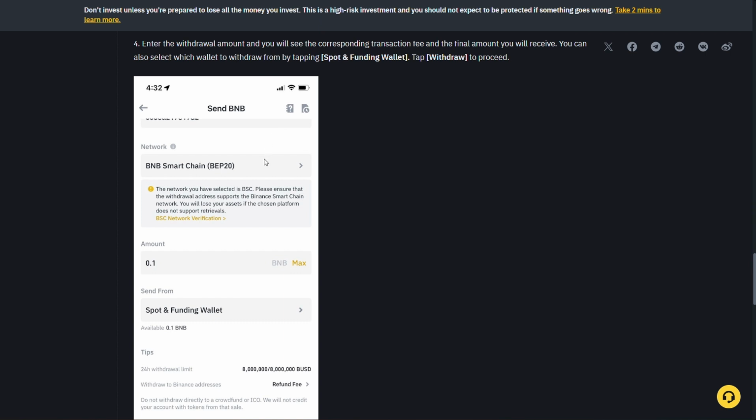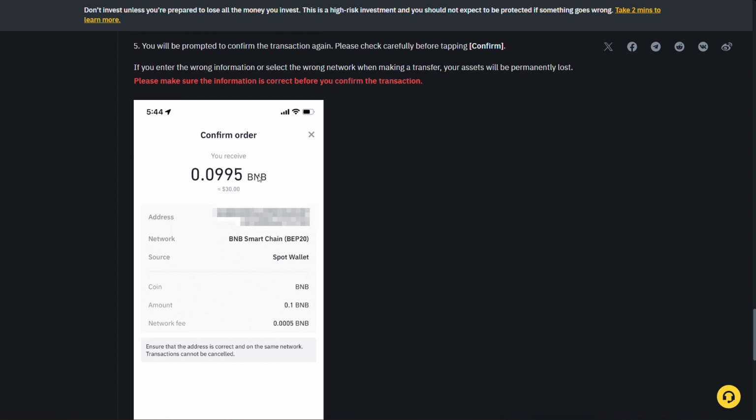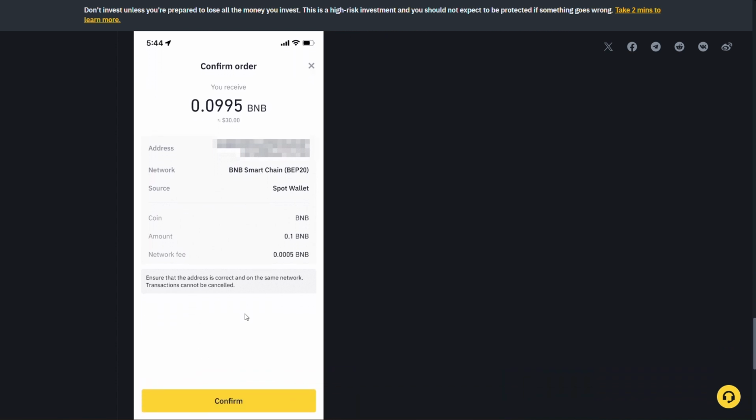You'll press on confirm, and then you will enter your withdrawal amount, how much you want to send to your Revolut. And finally, you will be prompted to confirm the transaction again. You will just check your order details and you will just confirm this from here, and this money will arrive